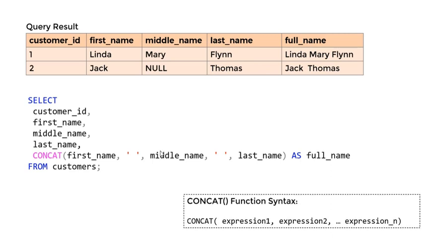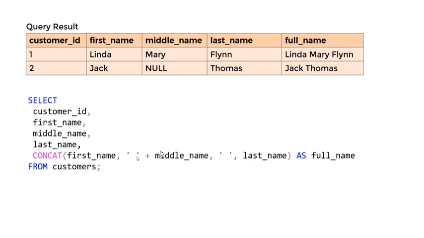Right, notice also that we do not need to use the ISNULL function when using concatenate. This is because the concat function will automatically convert nulls to empty strings, right? So we'll still have the same issue as before, since we have two spaces after Jack Thomas. However, we can use the same workaround as we did before, right? By using plus concatenation between the first and last name, let's do it like this: